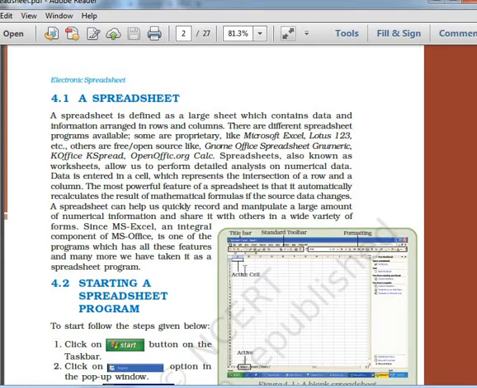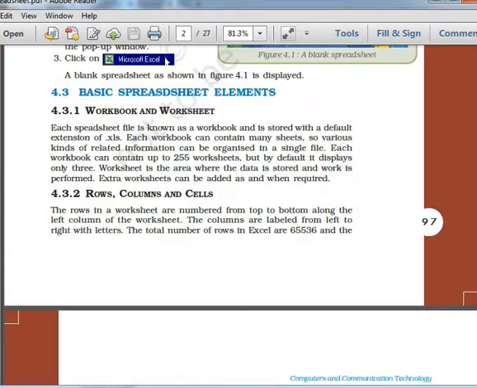So one unit, one box, is known as a cell. All these things you already know. I'm not going to repeat or explain too much. If you don't understand, you can ask me. So we have seen what rows, columns and cells are. Rows are horizontal lines and columns are vertical lines of data, and a cell is the intersection of rows and columns.